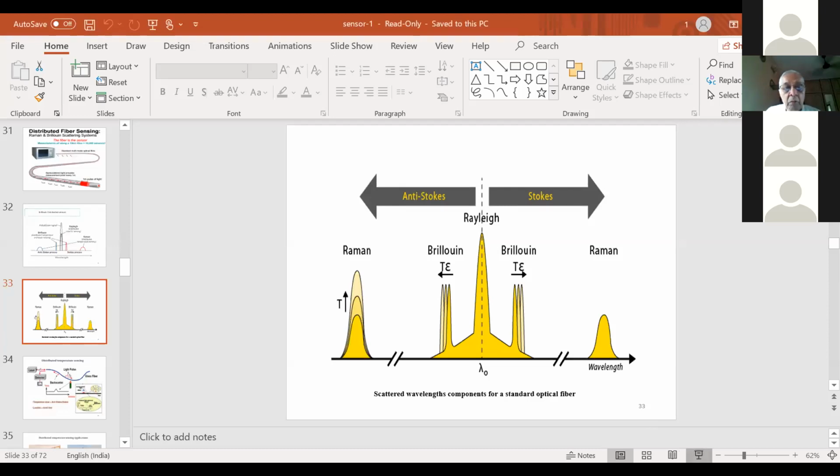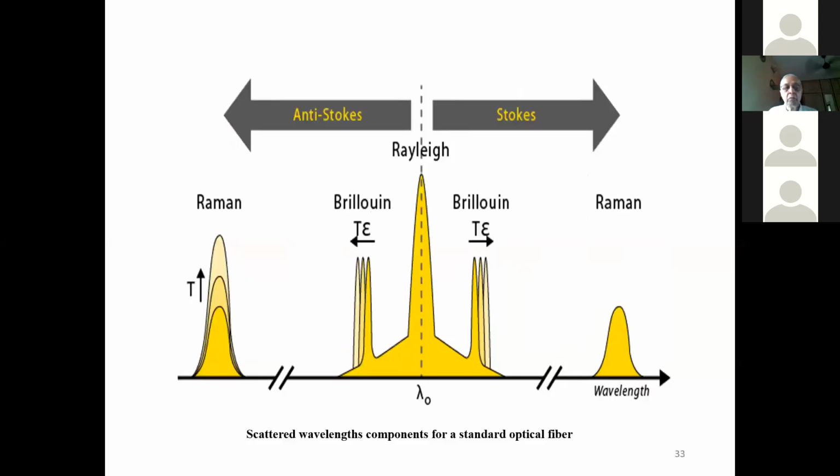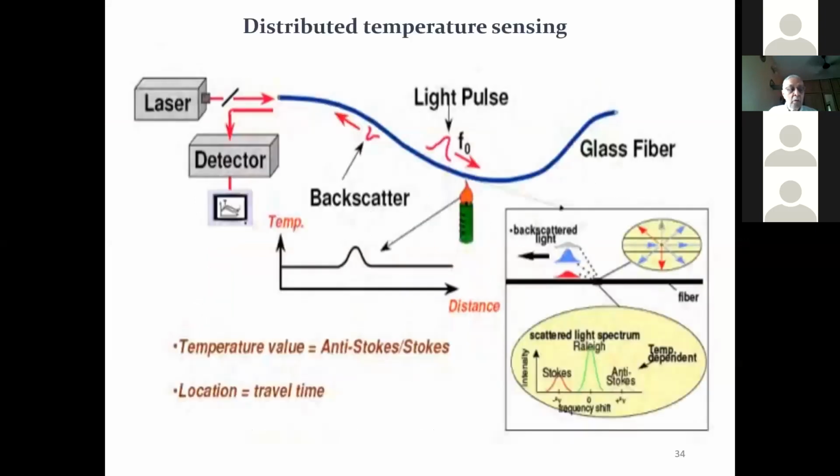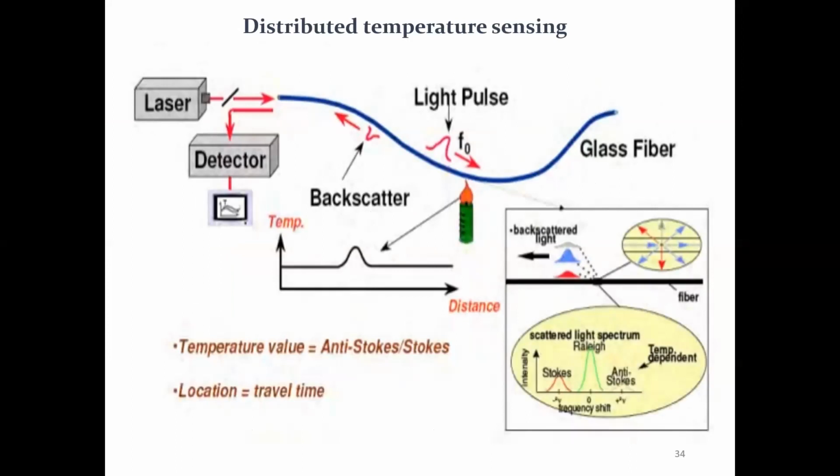Okay. So I explained already about 3 types of scattering: Rayleigh, Brillouin, and Raman scattering. As I was explaining, for temperature sensing, especially for the pipeline application, we put this long length of optical glass fiber. We send light from the laser, and whenever there is a change in temperature, there will be Raman backscattered light coming back, and that light will be detected by the detector.